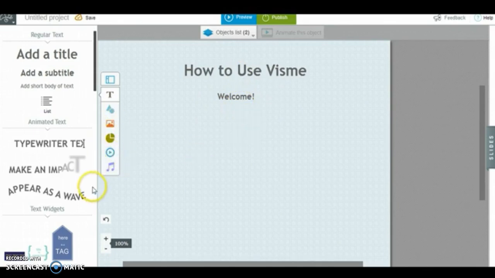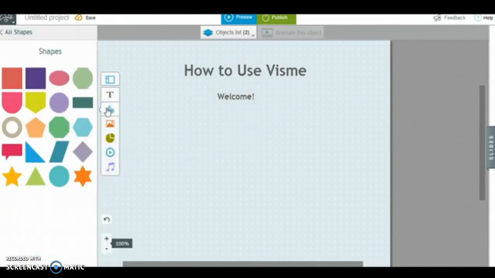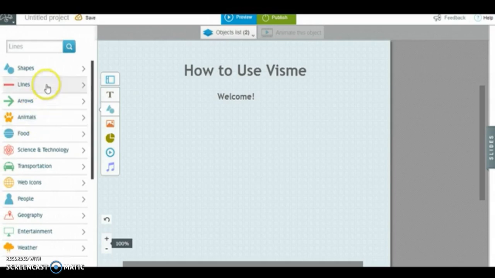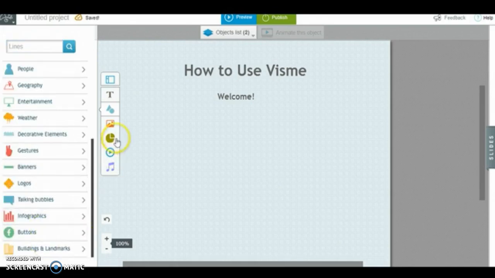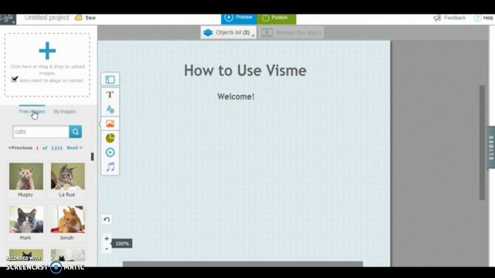Okay, now let's move on to number 3, which is shapes and icons. You've got tons of different shapes, as you can see. In color, you have different categories, and you can also search something if you want to. So let's move on to number 4, which is images. Under images, you see 2 different tabs, free and my images. Free images are synced with Flickr, so you've got thousands of, as you can see here, thousands of